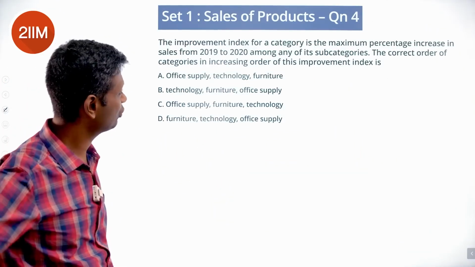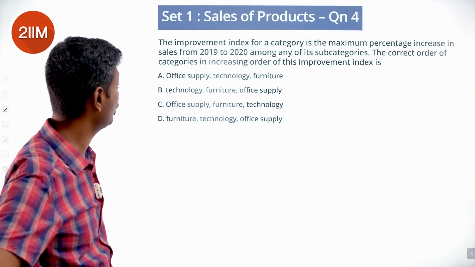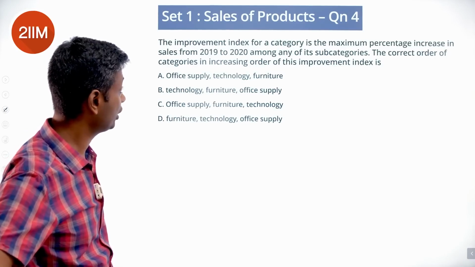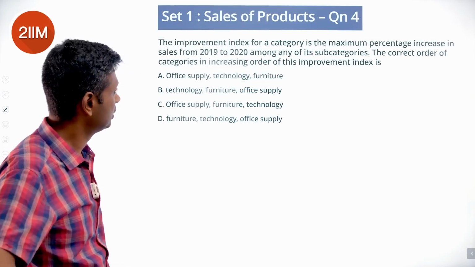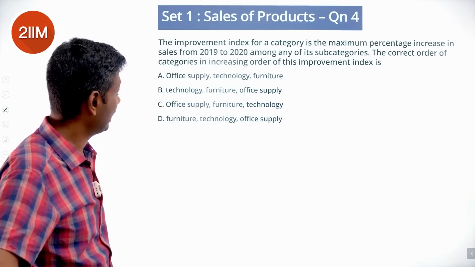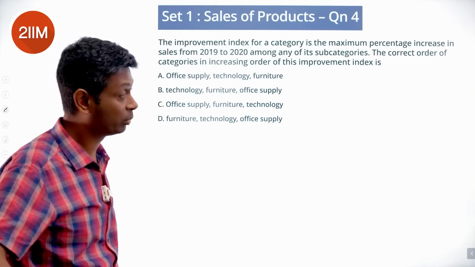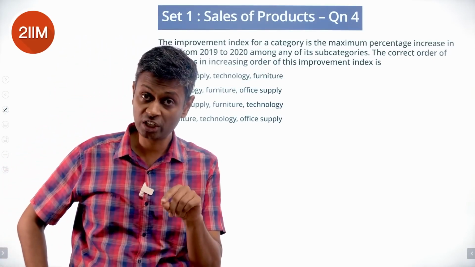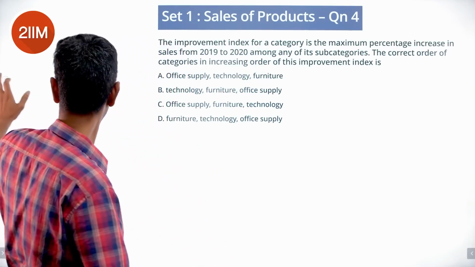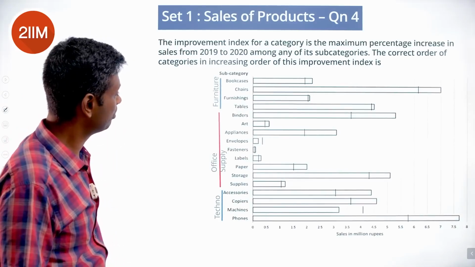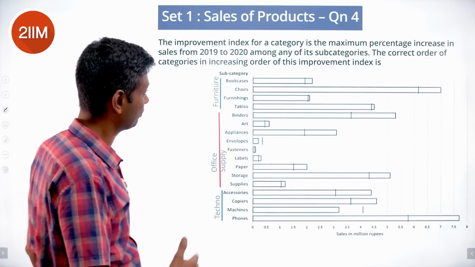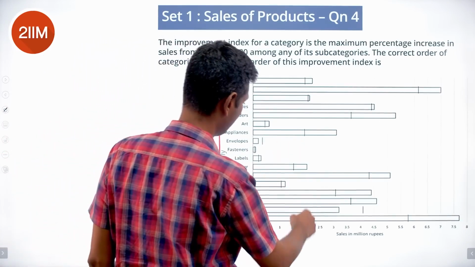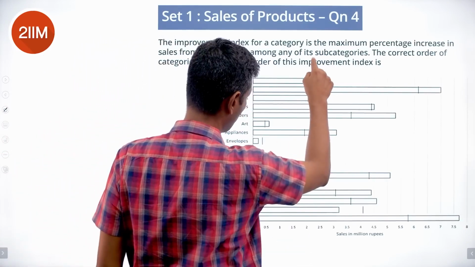The improvement index for a category is the maximum percentage increase in sales from 2019 to 2020 among any of its subcategories. The correct order of categories in increasing order of this improvement index. Maximum percentage increase from among its 4 categories. Let's do this. So maximum percentage increase for say furniture is going to be either this number, this 1.9 to